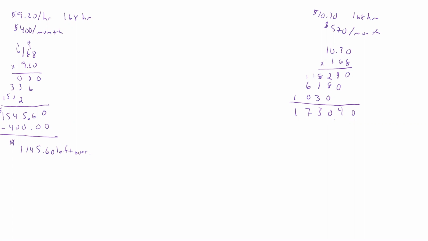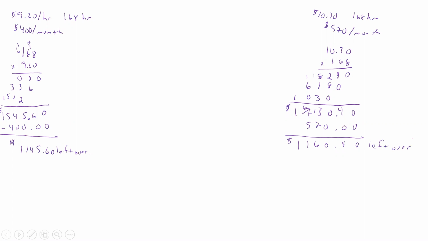And we move 2 decimal places. And so we have that is how much they made in a month. Now we have to subtract off how much the rent's going to be. And we'll go ahead and add those zeros in. So that's going to be 0. That's going to be a 4. That's point. That's 0. Now we have to borrow, so that's a 6. So 13 minus 7 is 6. And 6 minus 5 is 1. And that's a 1. And so that's going to be left over